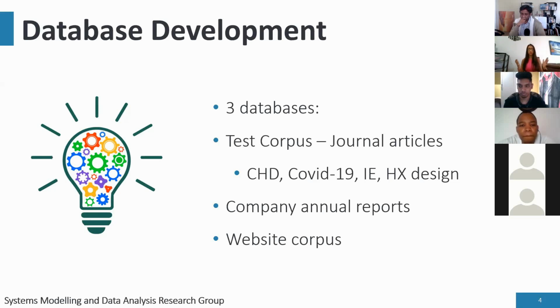So in knowing this and having the supervised column on one side, when I got the unsupervised column from my algorithms, I was able to compare them and get an actual numeric accuracy to see how it worked. And this allowed me to discern whether or not the algorithm was good enough to progress to a corpus where we don't know the final result, and to see if it would be able to perform well in that case. So this led us to working on the next corpus or database, which was the company annual